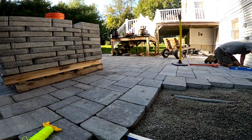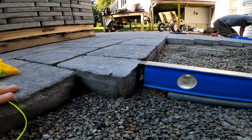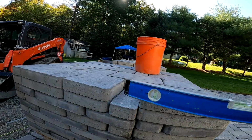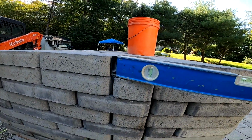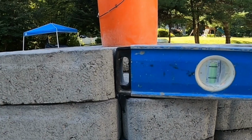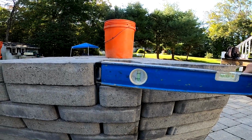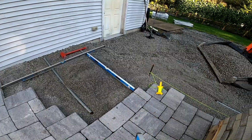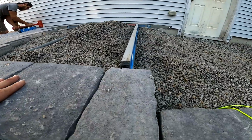Just wanted to show you, when we're adding to an existing one, we always put it a touch over the pavers. Pretty much all the pavers we use, a level is the exact height of it. So when I use my level on the screed rails, it's a perfect gauge to where the top of the paver is going to be. So we set it a little bit higher